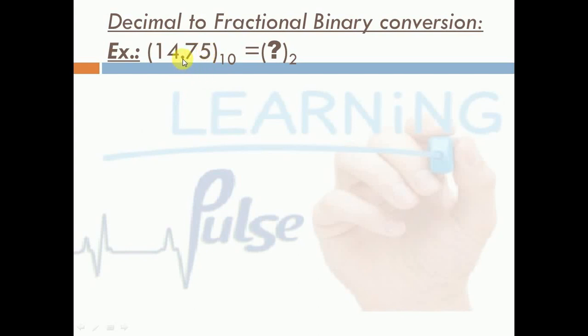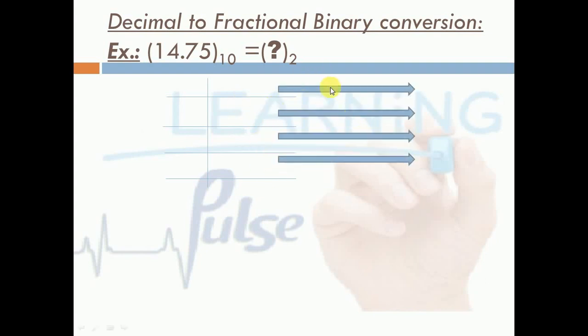So here this is a decimal point because we are talking about the decimal number system. In the previous conversion it was a binary point because we were talking about the binary numbers. So for conversion of decimal to fractional binary, we have to use the long division method, as we have done for decimal to simple binary conversion. These arrows will indicate the remainders. So we have the division done over here.